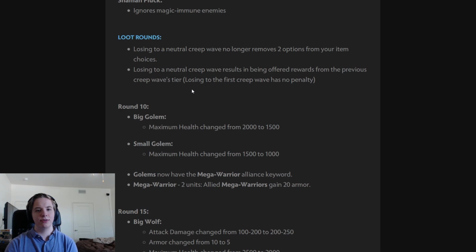So what that means is, before if you lost, out of the 3 options, 2 of them would be struck out and you had to pick one unless you had the item that gave you one more option. So instead, what it does is you still get to pick. You get offered items from the last creep wave's tier. So I really like that change because sometimes if you lost and you only had one item to pick from,